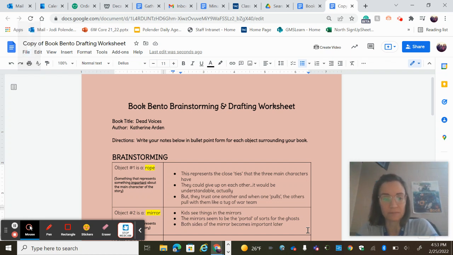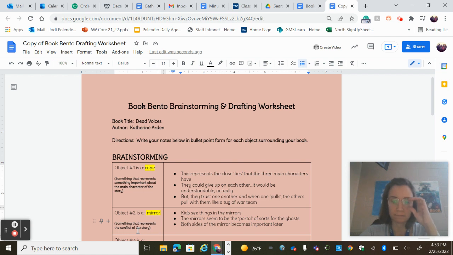Everybody, okay. I wanted to give you a little more detailed modeling of the brainstorming and drafting worksheet. So I'm going to do this with the book Dead Voices by Catherine Arden, which is the sequel to Small Spaces. Now, the problem I ran into a little bit is that